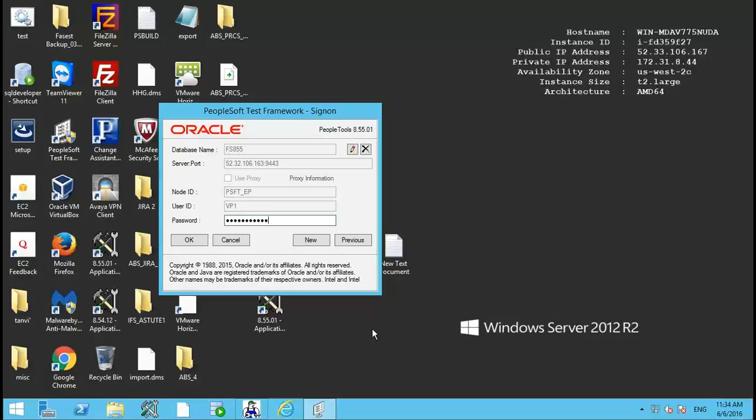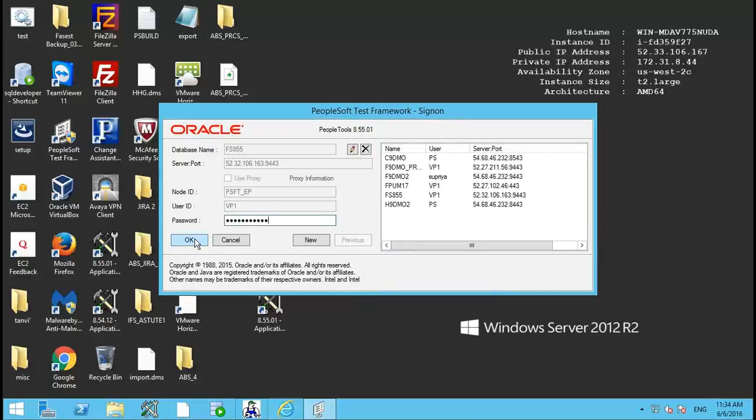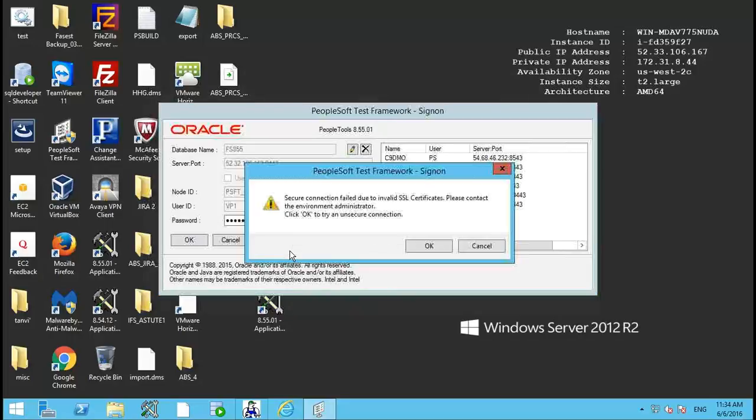It's a basic client-server setup. Once you have the basic integration broker setup, you need to take the client exe, which is there in your PS Home folder, and install it on your machine. What you're seeing is a sign-on window for PTF, and this PTF client can connect to multiple instances at any point of time. So here I have several instances. I'm going to pick one, which is our FSCM instance, and connect to this instance.